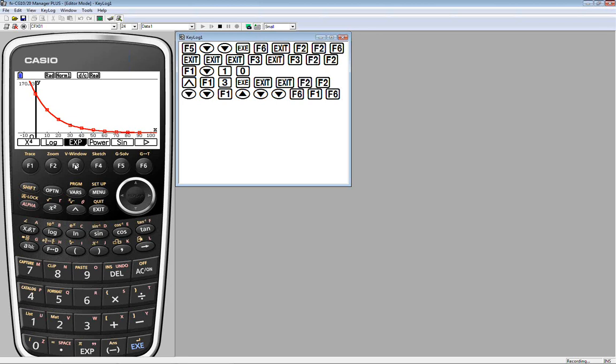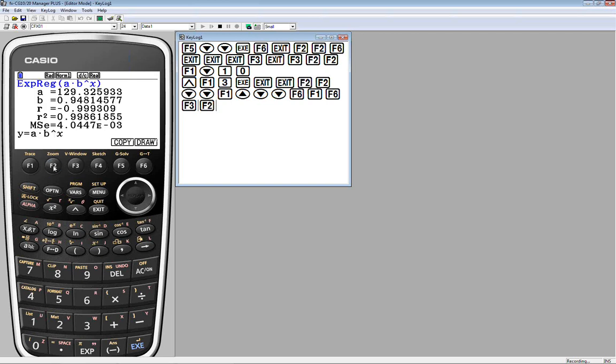If I push F3, I'll get this form, a times b to the x. Hopefully those numbers look very familiar. My point being that we could have just used this EXP regression shortcut, and you might choose to do that, say, in Algebra 2. But I hope what we've just done is made it clear how that really works.